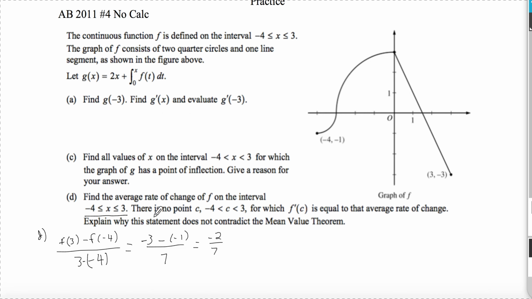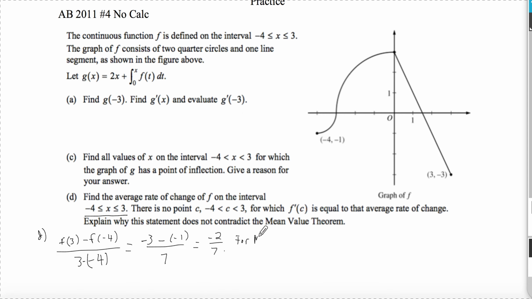What else are they asking me? There is no point c from -4 to 3 for which the derivative at c is equal to the average rate of change. So they tell me there is no point where the derivative equals this average rate of change. Explain why the statement does not contradict the mean value theorem. Now here's the thing, right? If the mean value theorem is going to guarantee that there is a place where the derivative equals -2/7, if the mean value theorem is going to guarantee that,